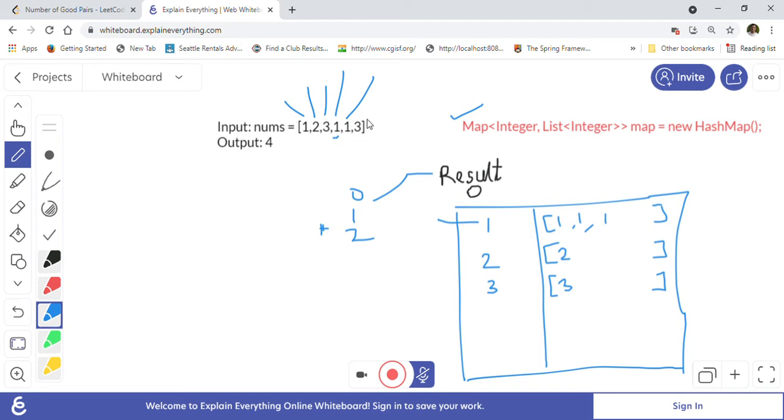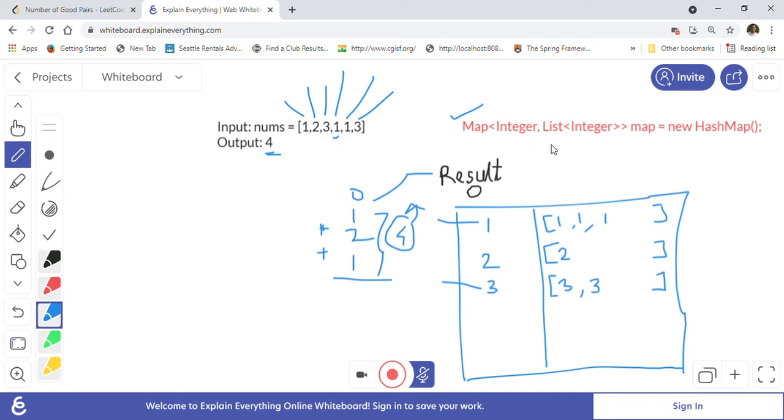So we are at the end now, at 3, and we again find the entry for 3. The size of the list is 1 here, so we add that size to the result, and then we add our entry into the map like this. And we have traversed the whole array. So the result will be 4 at this time, right? We only have to return the result. As you can see, the output is equal to 4. So this is one approach using a map.